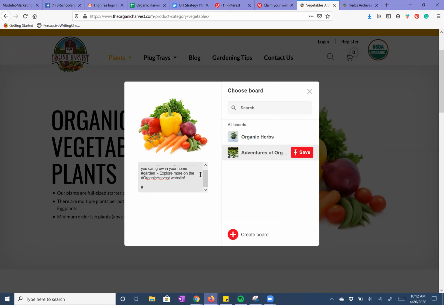And then we can add some more hashtags here. Organic gardening. I can do like hashtag pepper, onion,